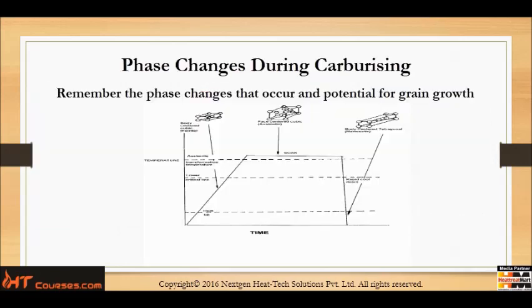This shows the simple pack carburizing furnace system, and as you can see, the process retort is centered in the inside of the furnace. This shows the simple carburizing box with the components being immersed into the pack carburizing granulate and the furnace lid. Shows the changes that occur in terms of the phase change from body-centered cubic to face-centered cubic to body-centered tetragonal.